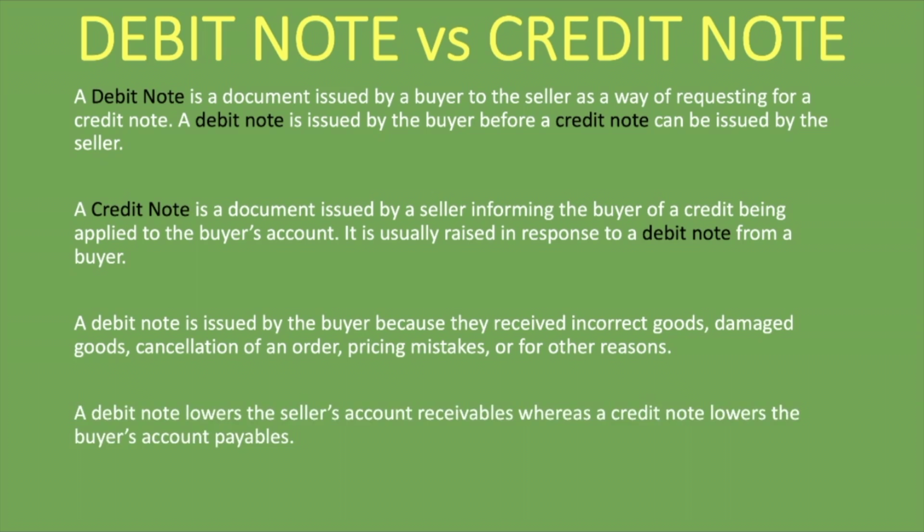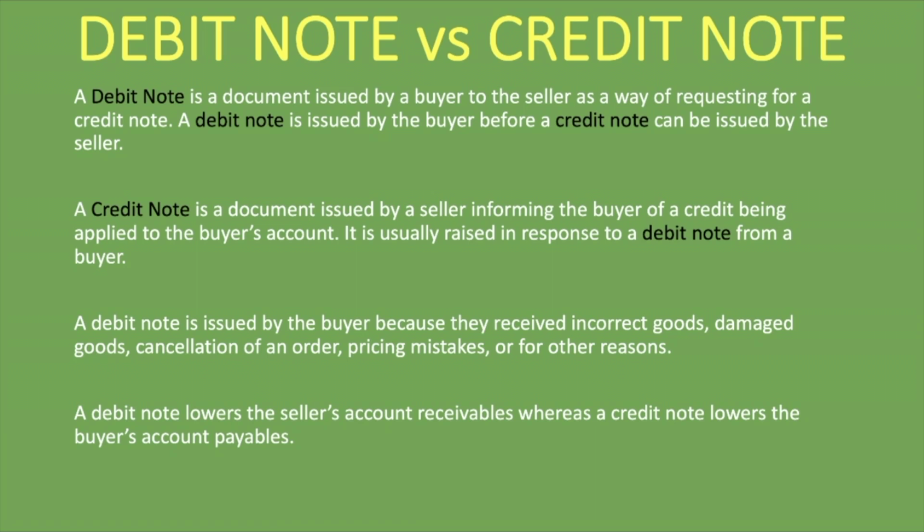A debit note lowers the seller's accounts receivables, whereas a credit note lowers the buyer's accounts payable. All right, so once a debit note is created by the buyer and it's sent to the seller, once the seller receives the debit note, then obviously if the seller agrees to the details in the debit note and is issuing a credit note, then it will lower the seller's accounts receivables, because when the seller issues an invoice, if